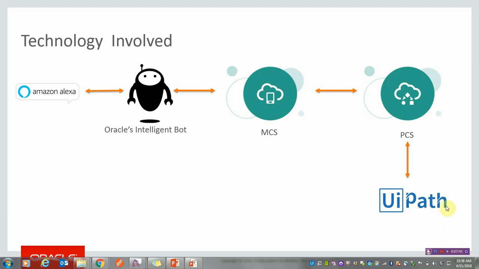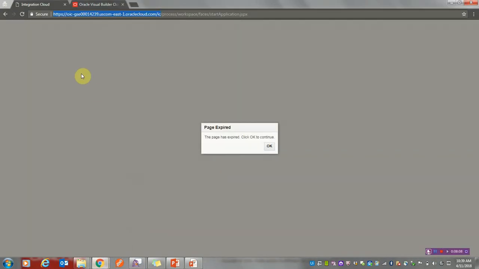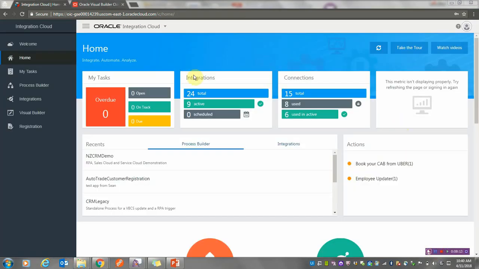So now let me quickly take you through this small demo. For this demo, I don't have the MCS and the IBCS at this point, so I'm going to trigger this from the PCS side. The starting point for this demo is going to be a PCS where the inputs have actually come in and then how it actually places it onto the RPA. So let's quickly log in to our integration platform. Now that we have logged into our OIC, Oracle's Integration Cloud Service platform,